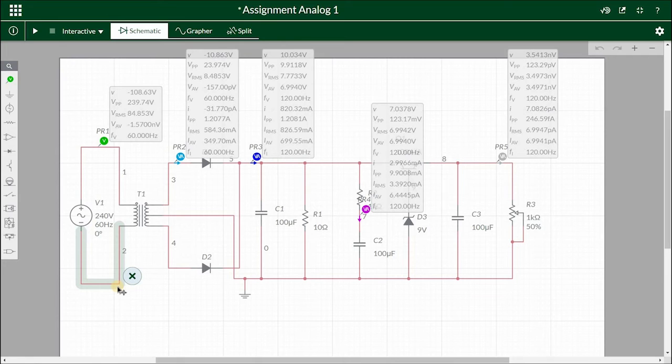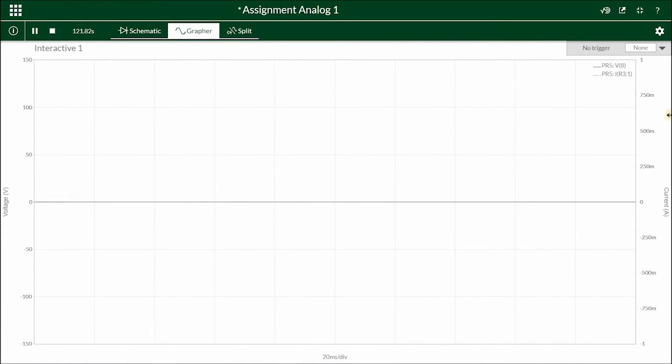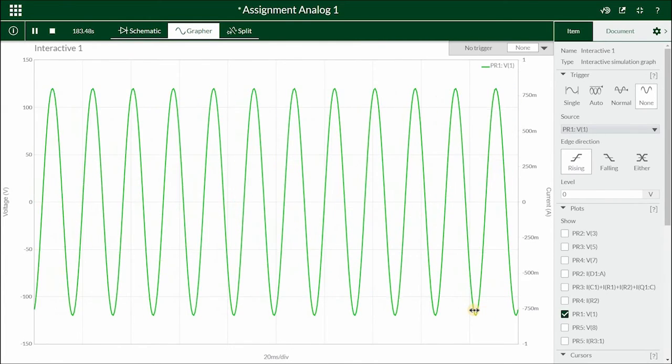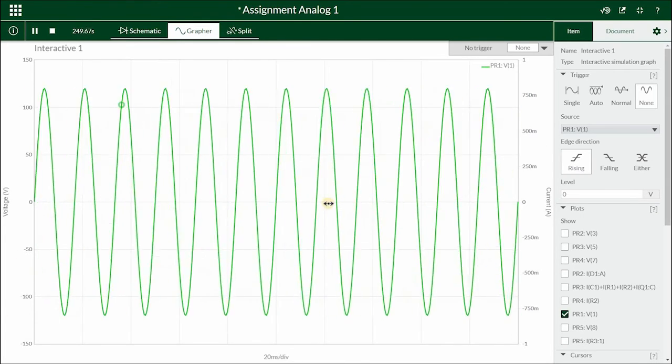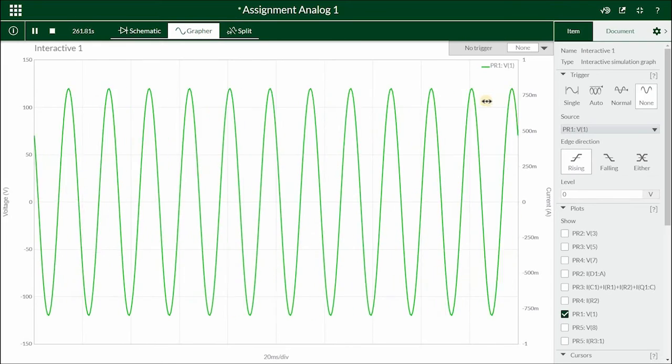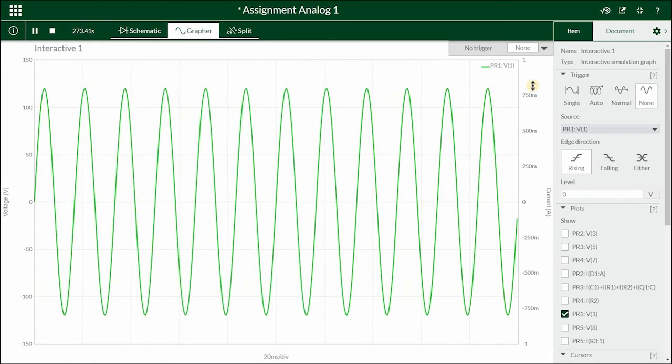The first waveform steps down the high voltage AC mains to low voltage AC. So the step down is basically showing from the transformer as it steps down from the higher AC supply. And as for the waveform, if we go to the graph here, you can see the first waveform from the step down high voltage AC to the low voltage AC. As you can see over here, the voltage goes up to around 125 and the current goes slightly higher than